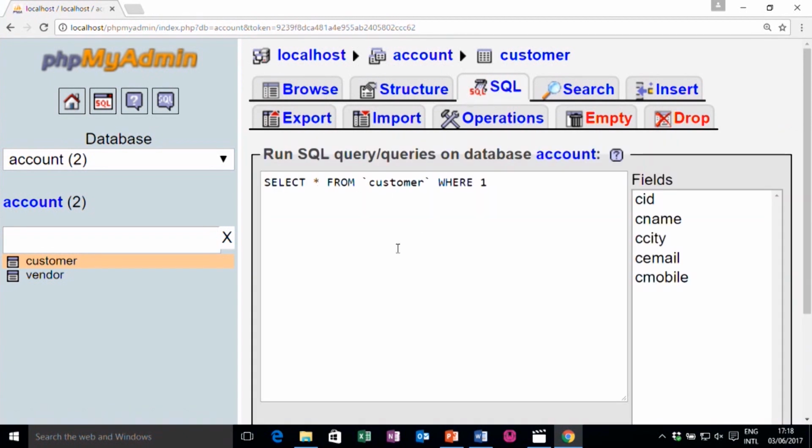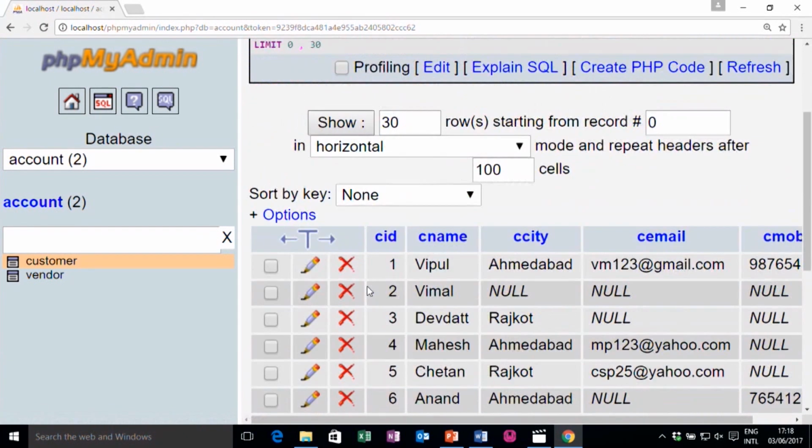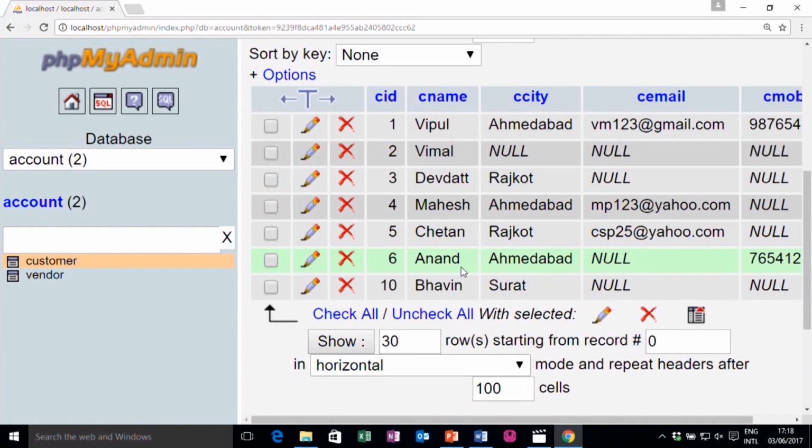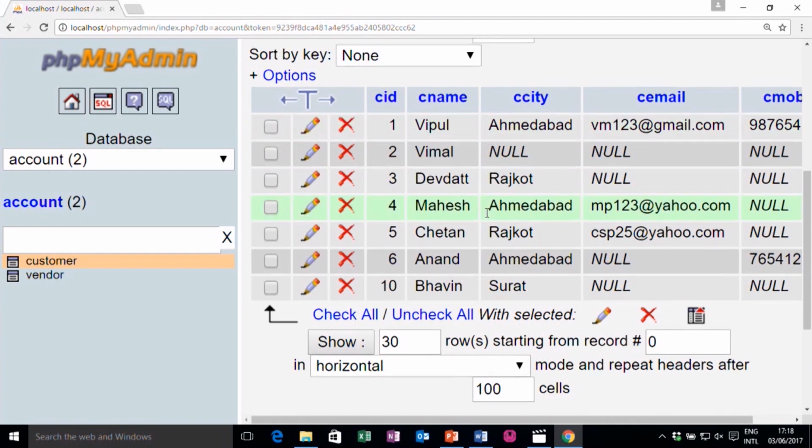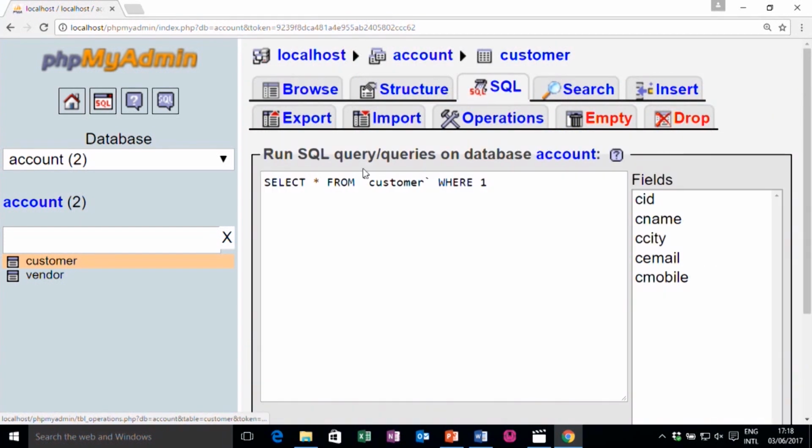Say, for example, if I write here customer name is Vimal and city is Ahmedabad, I can write it that way also: select star from customer where customer name is, let me write Bhavin, and customer city is equal to Ahmedabad.